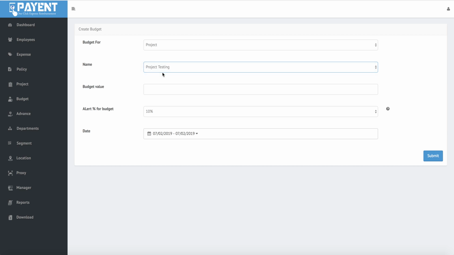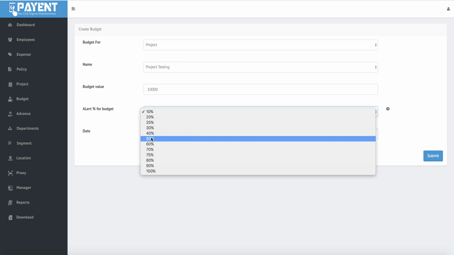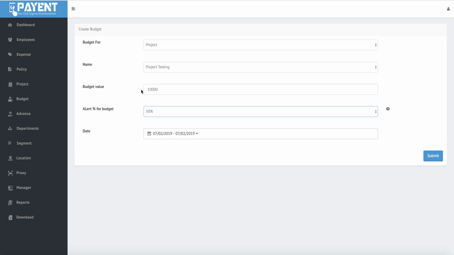So project testing, that was the project, and then let's say there was an arbitrary value of, you know, 10,000 that's being assigned. And this alert feature is when you want to get alerted. Let's say 10,000 is the budget, and let's set our alert level at 50. So when people start spending against this project, if it reaches 5,000, we're going to get an alert, and we